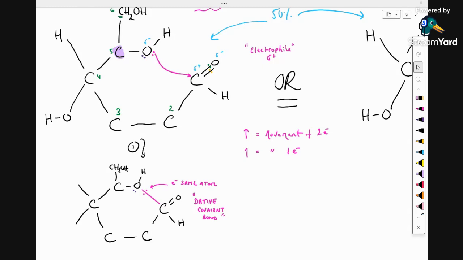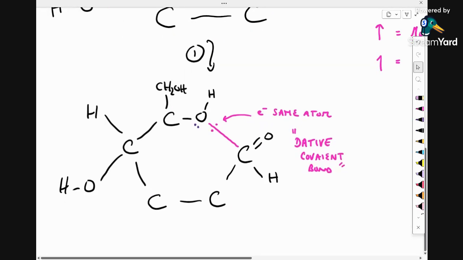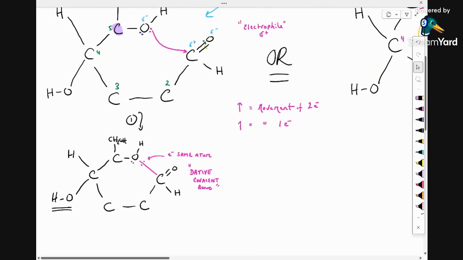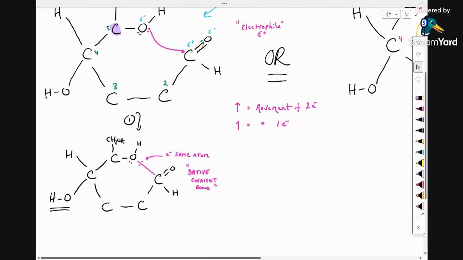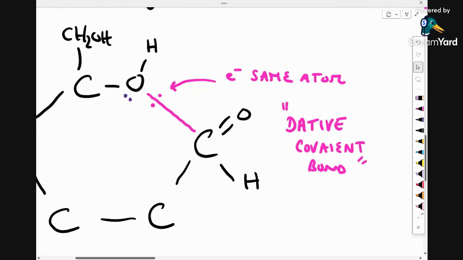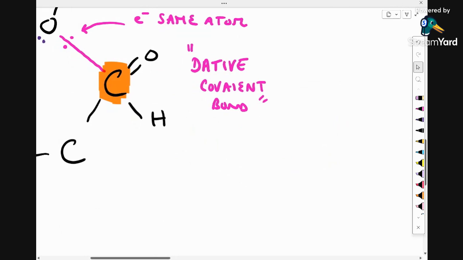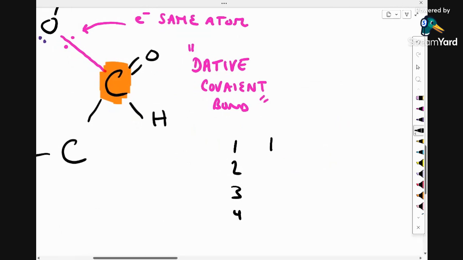So this looks like a cyclic structure. I just realized I didn't draw these in. They remain the same. Don't forget this is glucose, of course, so the OH group is at the bottom on carbon 4. If it was the other way around, hopefully you can appreciate that it would be galactose, but that's not important for now. Okay, the next thing that happens is we have this intermediate that briefly forms, and the problem is this carbon. The problem is that carbon, if you remember back to lesson 1 where we did 1, 2, 3, 4 honk,